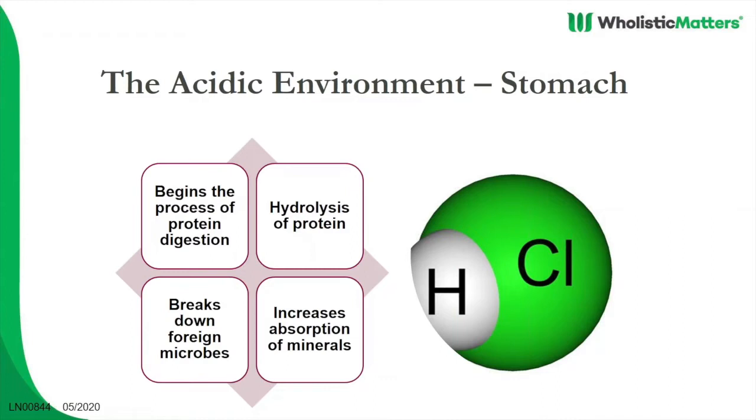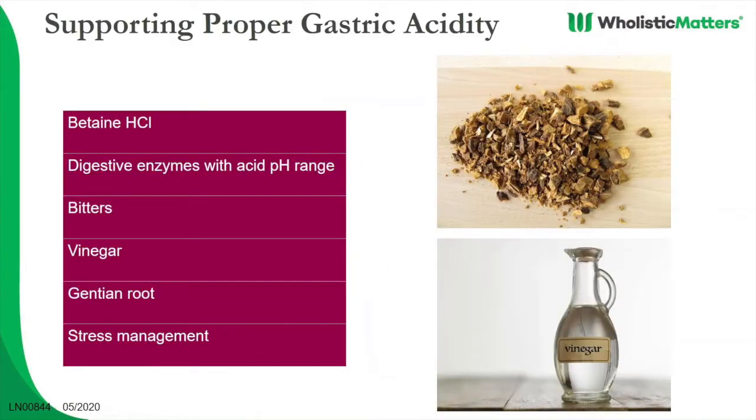And this is also going to be very important, this pH here, for increasing the absorption of specific minerals. And when you start to see things get out of whack in this region and the pH changing, you can become susceptible to a lot of microbes. H. pylori, for instance, able to colonize in this location when the pH is not functioning properly. For supporting this gastric activity, it's important to consider things like betaine HCl. That external HCl can really support that overall pH condition.